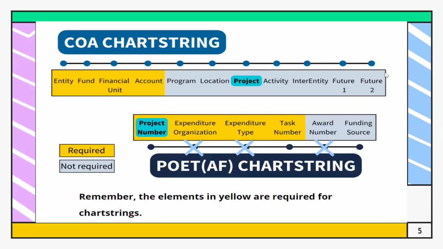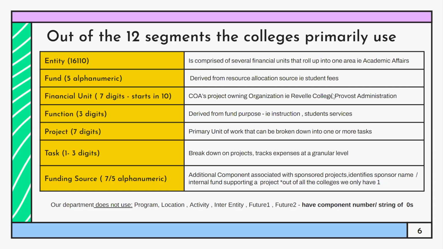Here is a visual representation of what a COA chart string looks like. The top there is the representation of those 12 segments. Project is further broken down into these additional segments. In order for anything to go into our financial system, the segments in yellow there are required for any financial individual to process your receipts. In terms of what you have to worry about, you don't need to worry about anything in gray or that has an X. And more focusedly, these are the specific segments that we at the colleges use